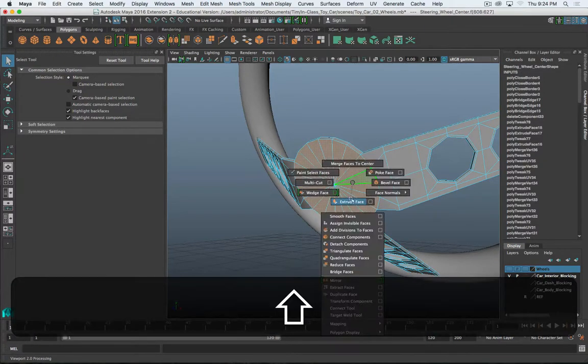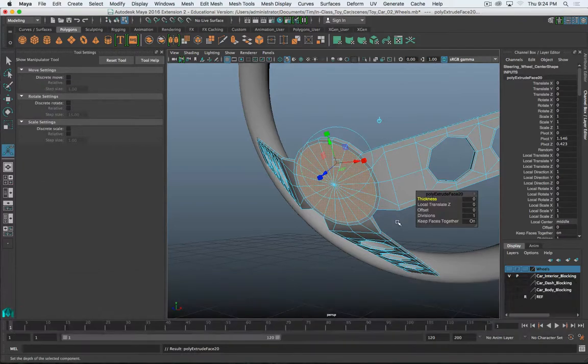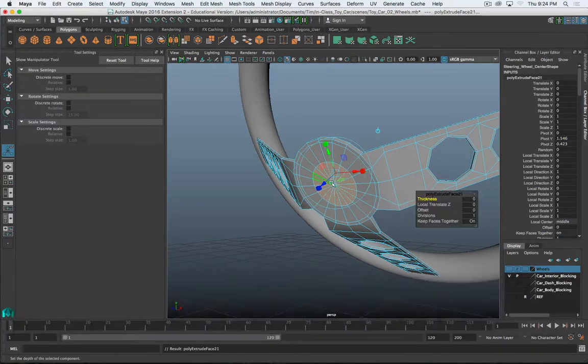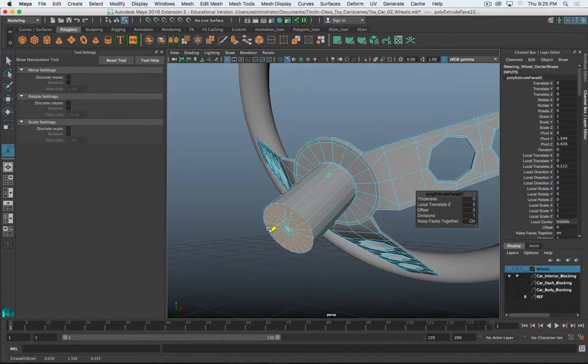And then we're going to extrude, scale it down a little bit. And then I'm going to repeat that, scale down a little bit more, and then extrude again, move it out a little bit,